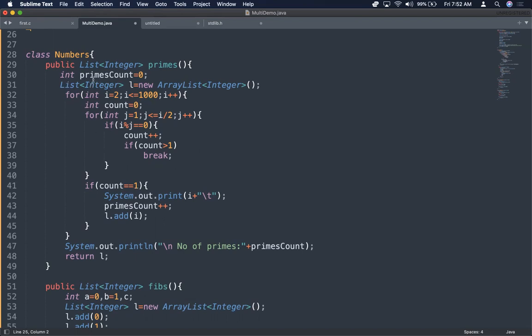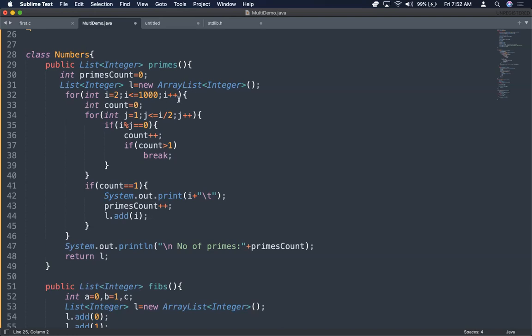So what I'm doing here, I'm also making a count of the prime numbers which are in the first 1000 numbers. So initially the count equals 0. Now of course I have a list because all the prime numbers I have to write to a list. So list L equal to new ArrayList. I am taking the ArrayList collection class, and of course I have used generics because this is going to contain all integers. So I have made it List<Integer> L equal to new ArrayList<Integer>, and this is the logic. So I am starting from 2 and I am going up to 1000.